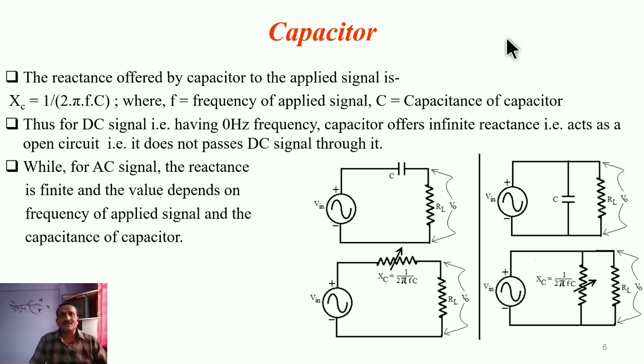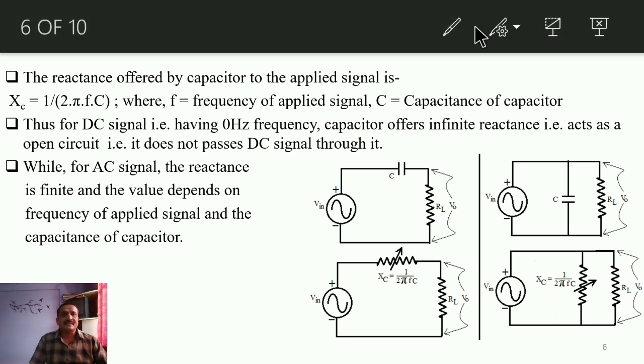So here remember, the reactance offered by a capacitor is dependent on the applied signal frequency, and that's why it is written as XC. XC is the dependent term, which is 1 upon 2 pi FC. Here F is the frequency of the signal you are applying to it, and C is the capacitance of that capacitor, which is a fixed one. So we can say the reactance of a capacitor is inversely proportional to F. That means if F is 0, that is for a DC signal, as the frequency is 0, the reactance offered by that capacitor will be infinite. Infinite reactance means it will act as an open circuit.